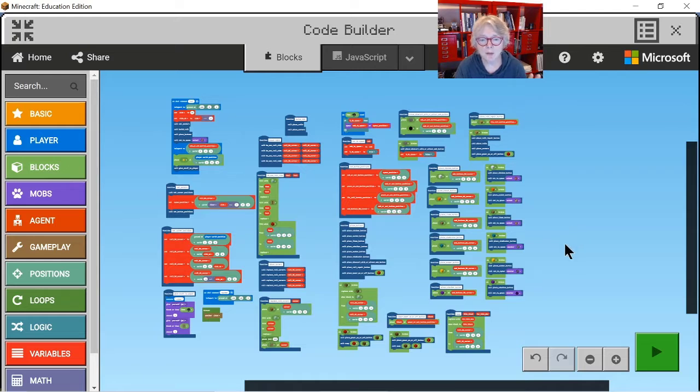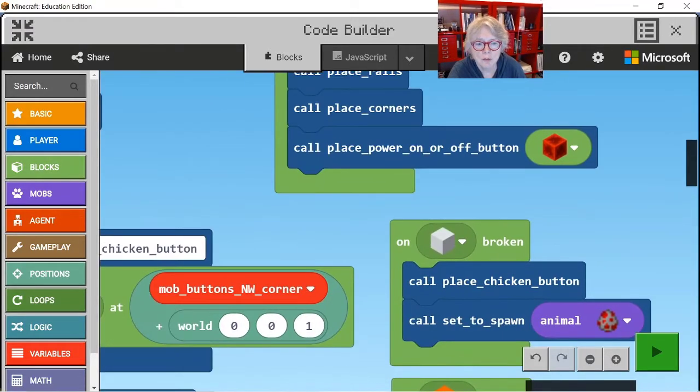Now, the code. If I had 2 hours on this show, I would go through every piece of code and build it up from scratch. But I don't have 2 hours, so what we're going to do is we're going to go through most of the code